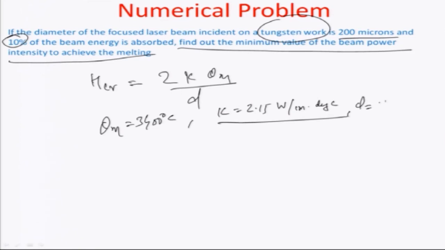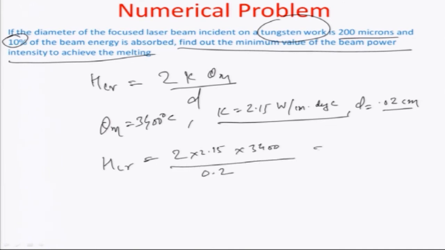Let us put it in centimeters as 0.02 centimeters. So, we get the critical power HCr to be equal to twice 2.15 times 3400 by 0.2, and that comes out to be 7.37 10 to the power of 5